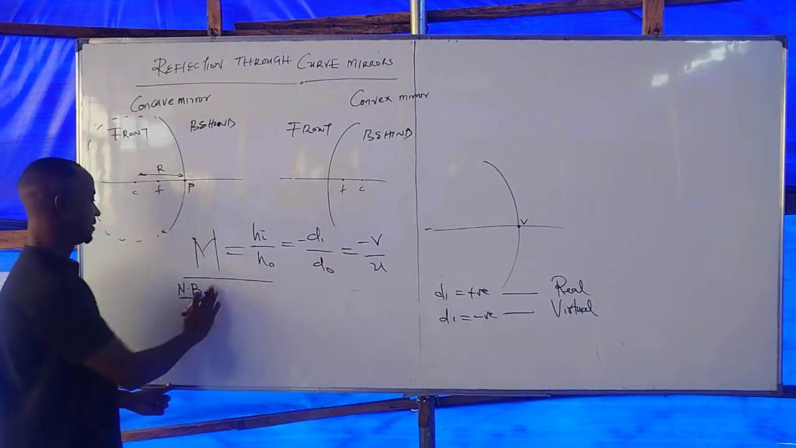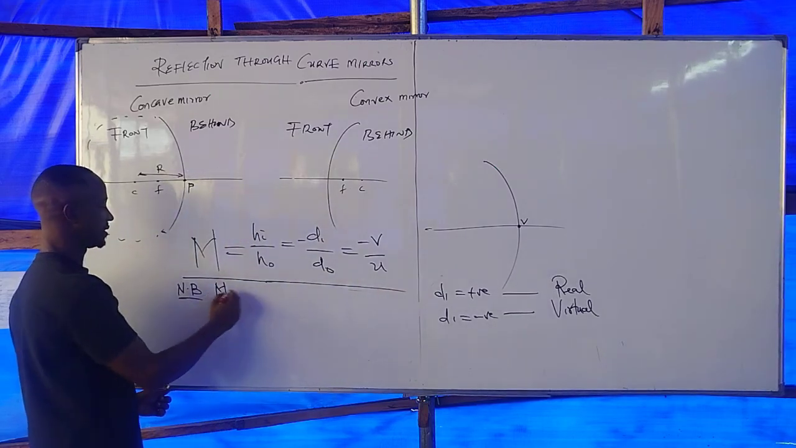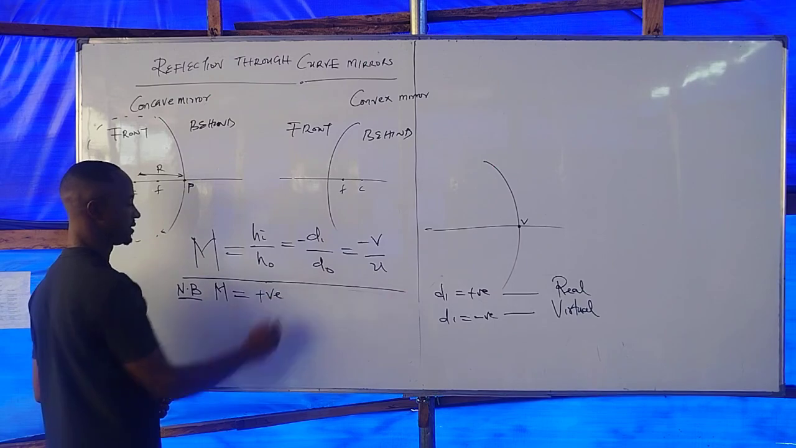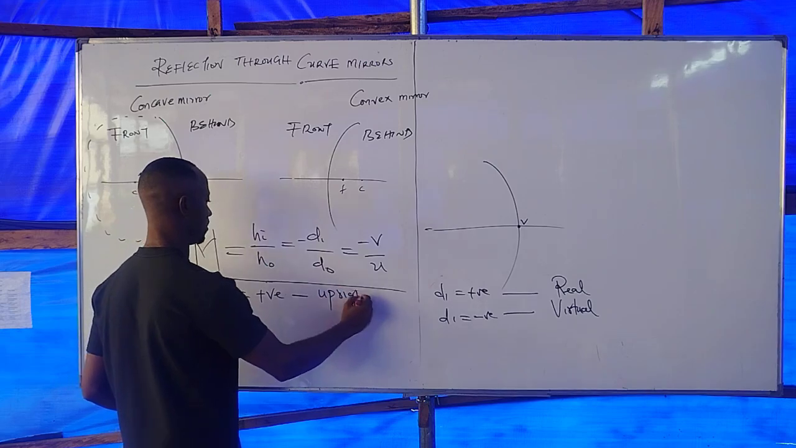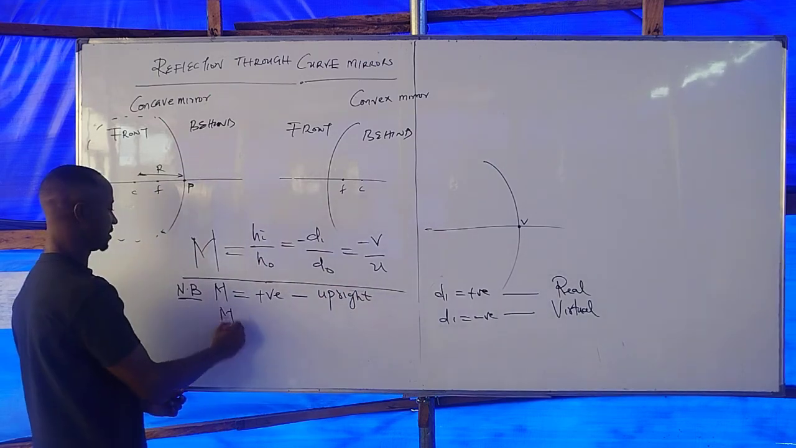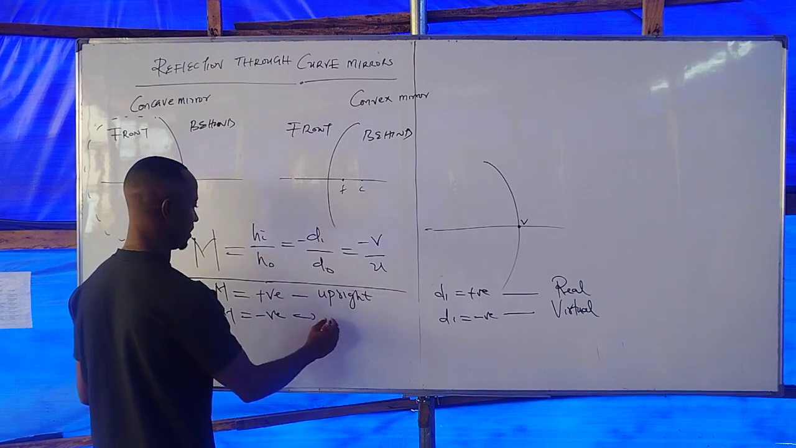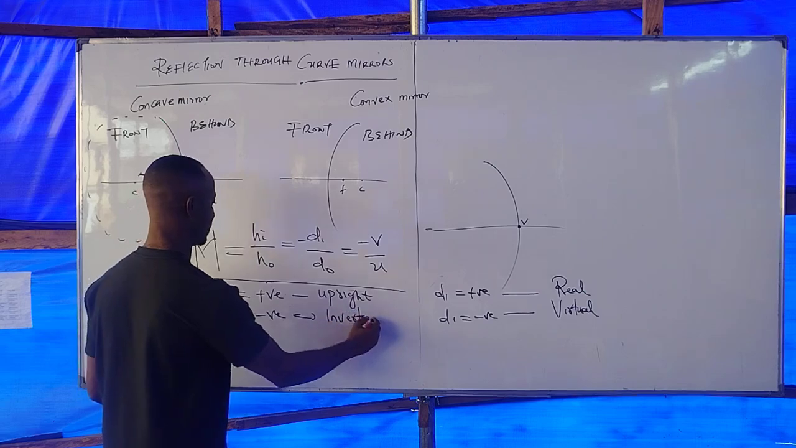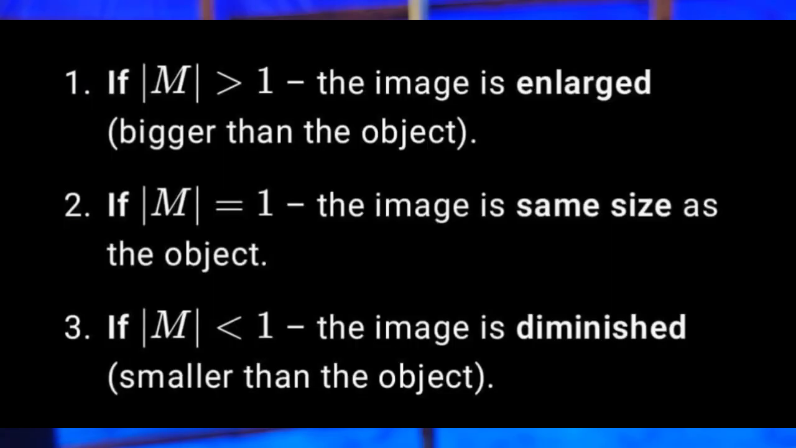Please note that for your magnification, if magnification is positive, the image is upright. If magnification is negative, the image is inverted. We can have an upright image and an inverted image. When the absolute value of your magnification is greater than 1,